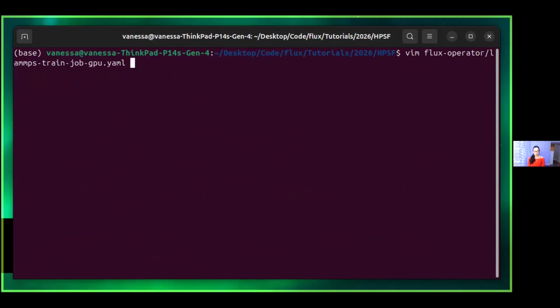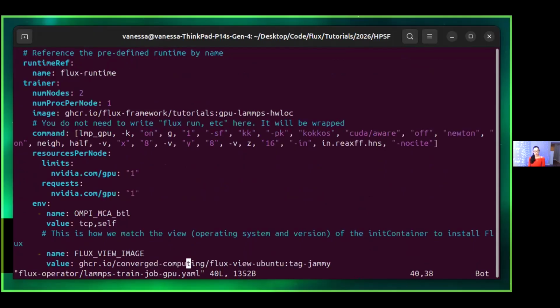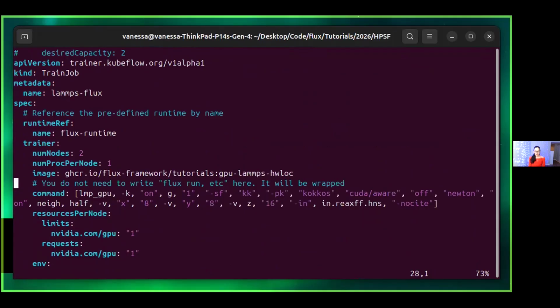Now let's take a look at the LAMMPS train job that's going to use GPUs. So up here at the top, again, we have the runtime ref that is using the Flux runtime. But now for our tiny GPU nodes, we have 2 nodes with only 1 process per node. For the image, we're using a custom LAMMPS build that has GPU. The executable, instead of just lmp, it's lmp_gpu. These are parameters specifically for Kokkos. And once we get over here, for example, to -v x, -v y, and -v z,